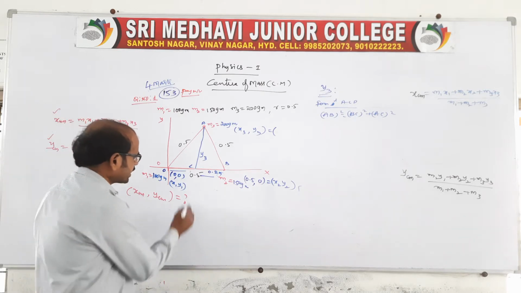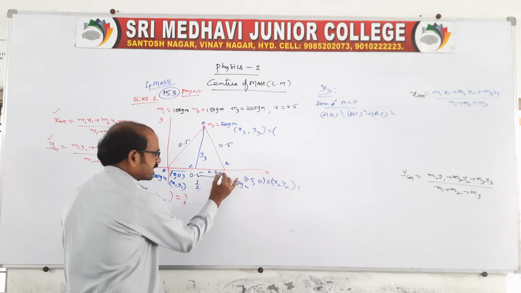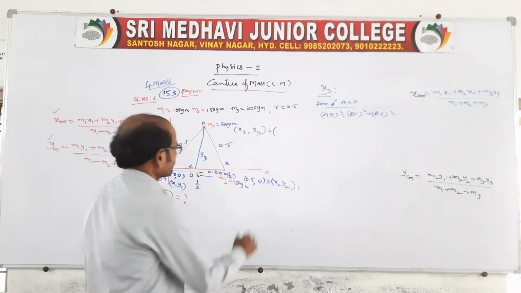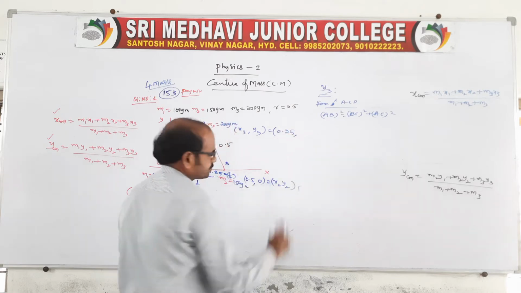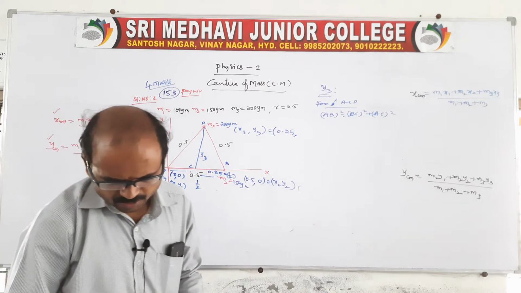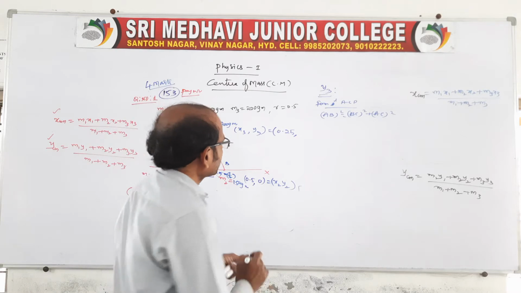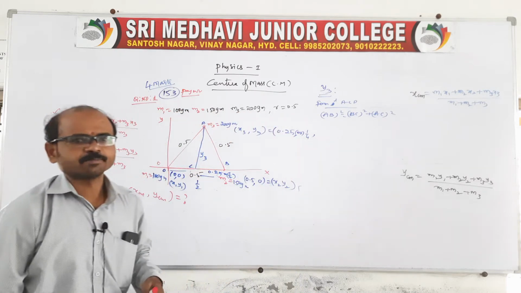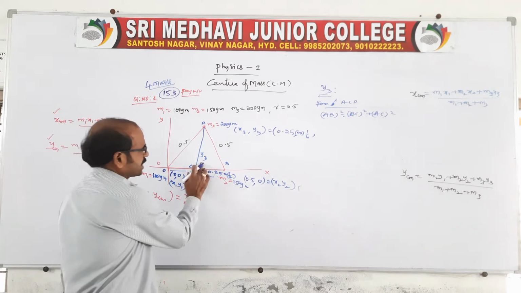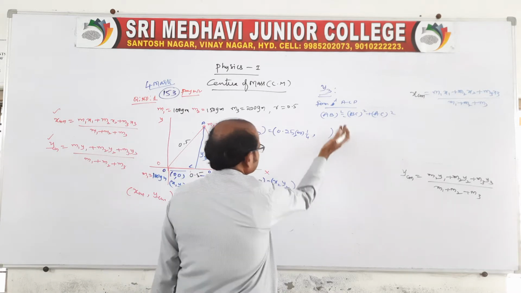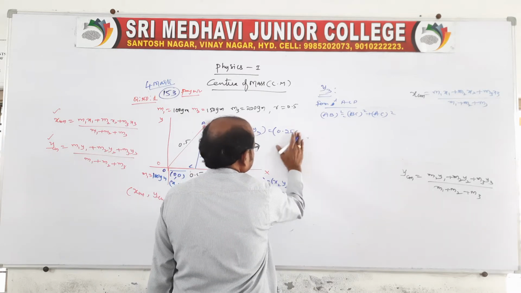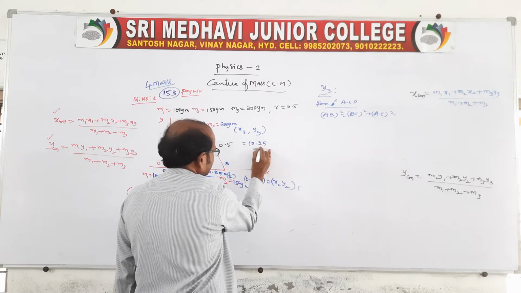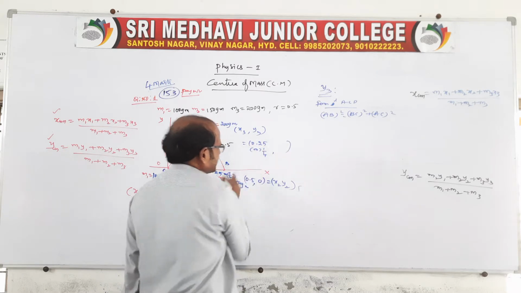Or else you can take it as 1 by 2 divided by 2, then we get 1 by 4. No problem, your wish. You can take 0.25 or 1 by 4 for the calculation. Now we don't know y3, so we have to get y3. Again using the same expression, x3 is 0.25 or 1 by 4.